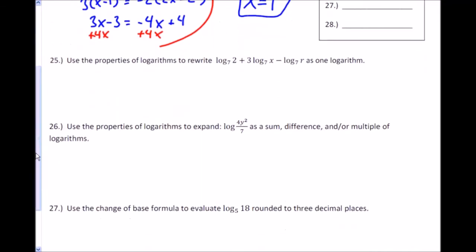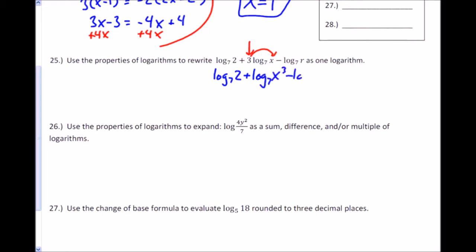Number 25, it asks us to use the properties of logarithms to rewrite this as one logarithm. Remember, two logarithms with the same base, which is what I have here being added, I can rewrite as, before I do that, let's see, I've got a 3 out front. Remember, whenever I'm multiplying something by a logarithm, I can bring that something up as an exponent. So I can bring this up as an exponent. So I'm going to rewrite that as log base 7 of 2 plus log base 7 of x to the